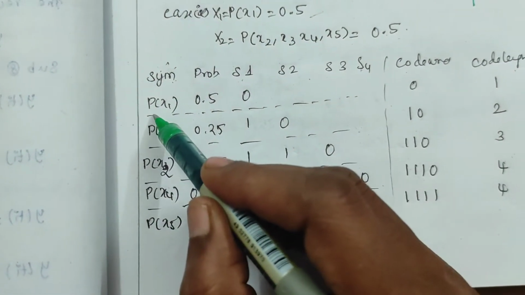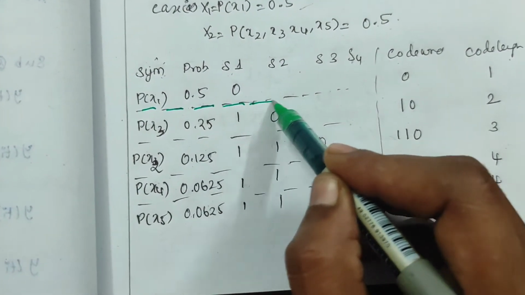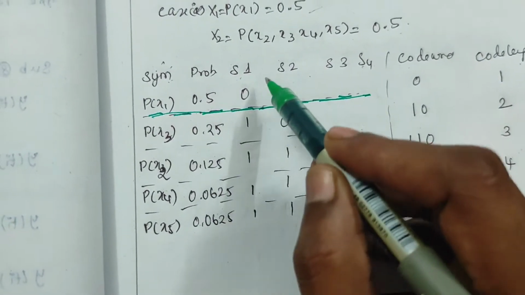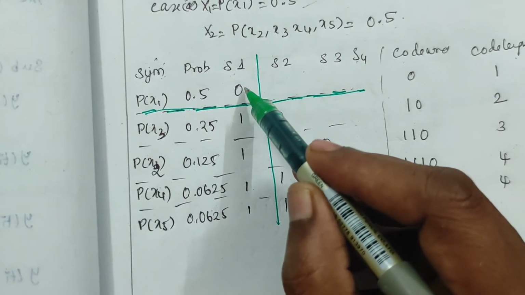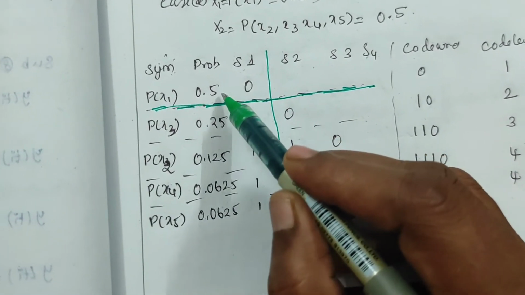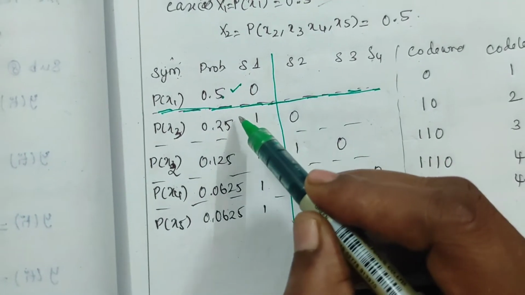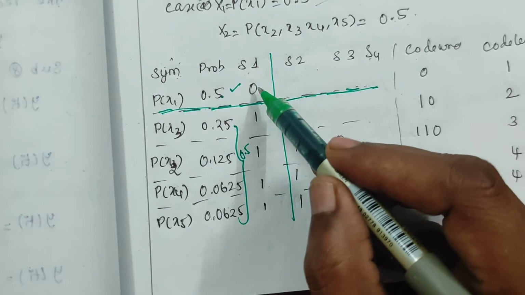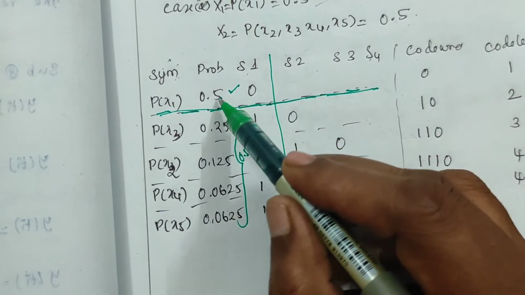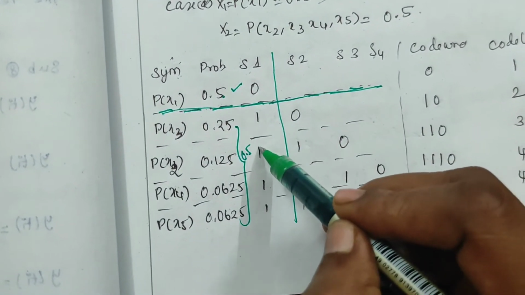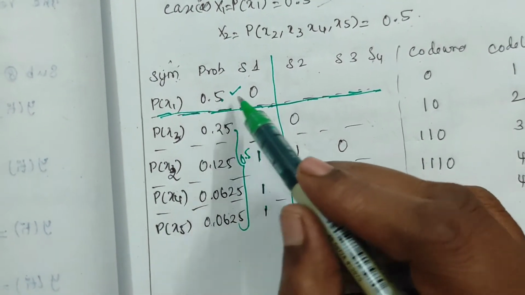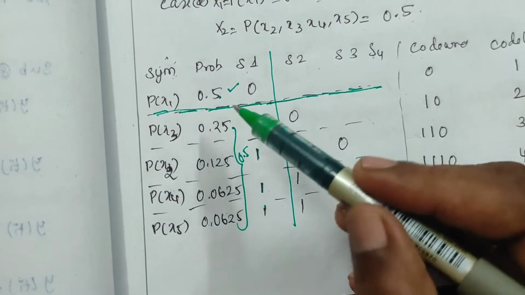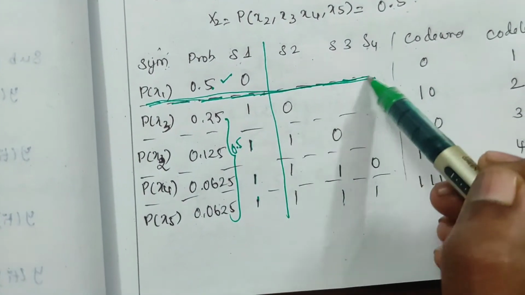So the first step is to divide this case. In stage 1 you will divide this into equal halves, where this has a 0.5 weightage. When you add all of this, you have 0.5. So allocate 0 in the topmost, that is for 0.5, and allocate 1 to all the remaining. So we have truncated this part. Okay, so after truncating this part, the remaining is the below half, this one.